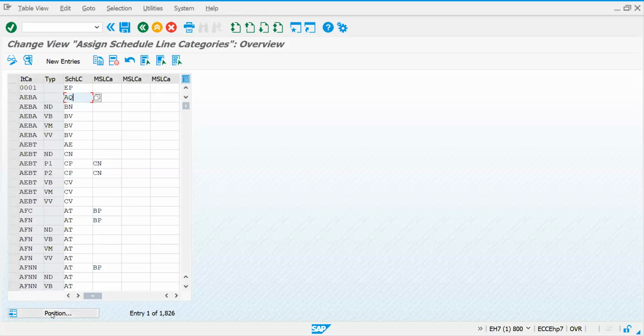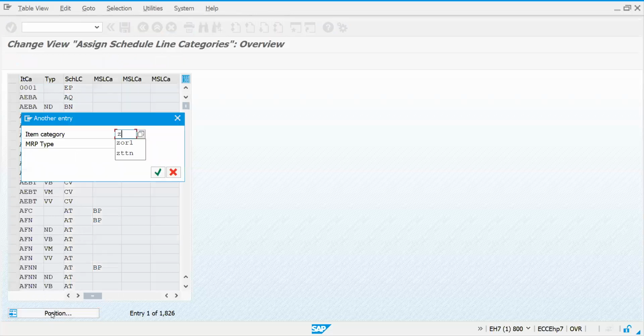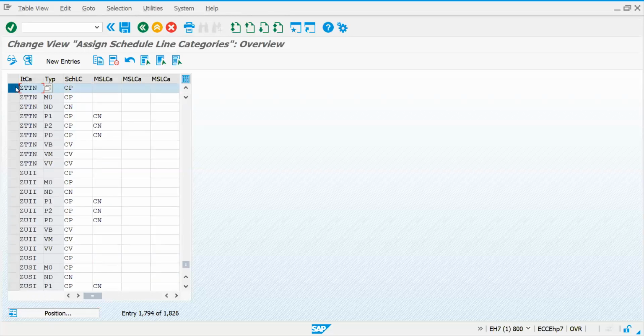Okay. So what is the schedule line category as of now we are getting for GTTN? Or else you can say in standard we copy it. When we leave it empty so that it doesn't affect the MRP, what is the objective? What kind of product can we use it for? For example, for certain products, a lot of production stock is always available for you. You don't want to plan it.